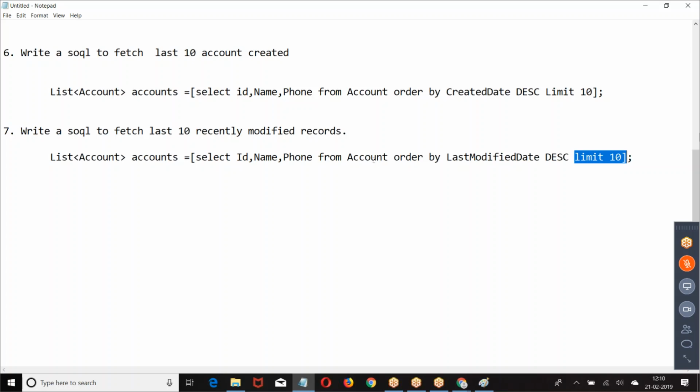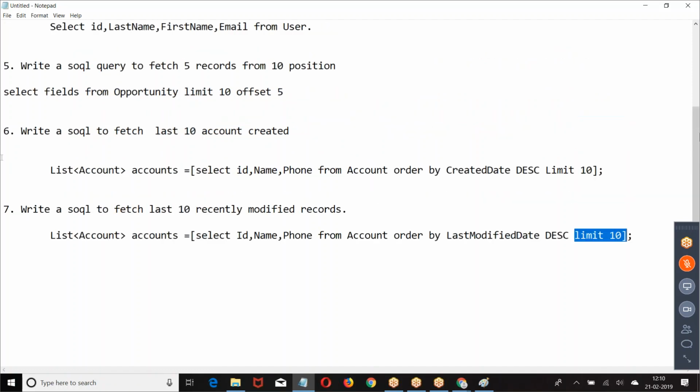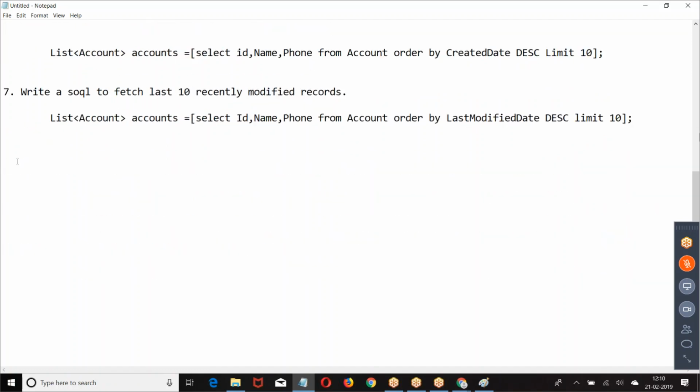So if you want to get the data based on created date, or based on modified date, or based on recently viewed, when you say recently viewed, it is last viewed date. According to the order of last viewed date, get me the records. There is a field called last viewed date; I just want to convey that field name. Okay, boss. Next. Was that clear for everyone? Now let us make some quick use cases here.